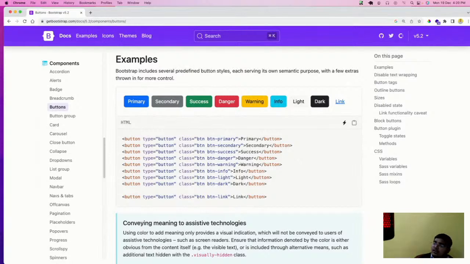Someone came to you and told you to please prepare a website. So what you do, you have the Bootstrap documentation. You have some buttons and everything ready with you. So just based on the classes and IDs combination present in the Bootstrap documentation, you prepare a website